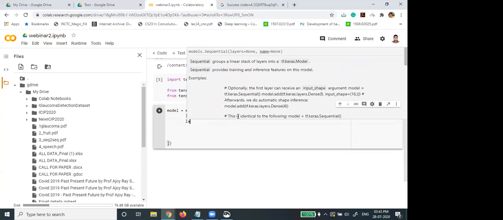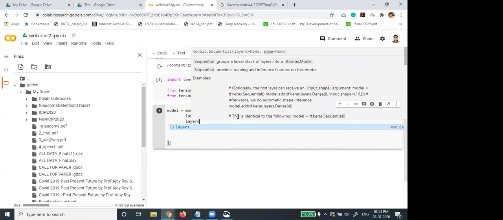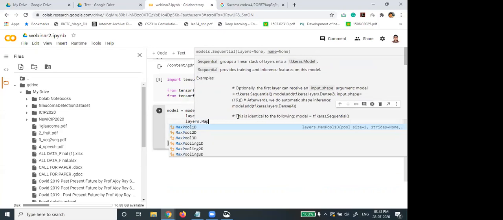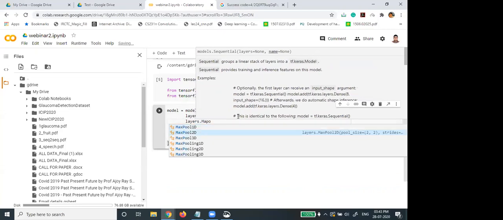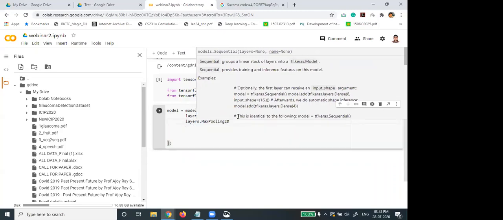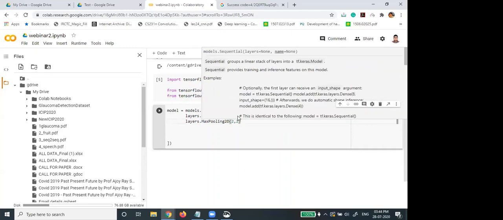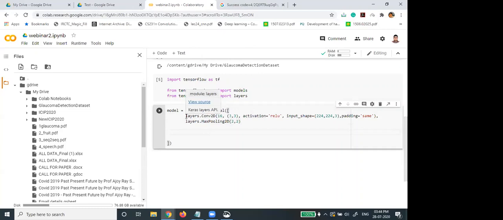The second layer is obviously the max pool layer. Layers dot MaxPooling2D. I will use 2 cross 2 max pool. Now I will create multiple such layers, so I am copying these things.